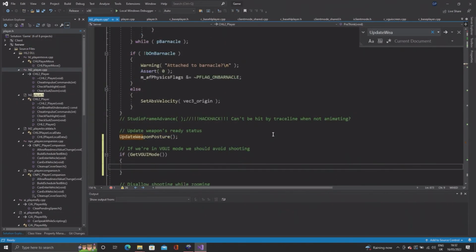Then you want to go to hl2_player.cpp and find where it says UpdateWeaponPosture, but just with rounded brackets, and then say if GetVGUIMode, then m_nButtons &= ~(IN_ATTACK | IN_ATTACK2). So basically this stops us from shooting or using the secondary attack for our weapons if we are in VGUI